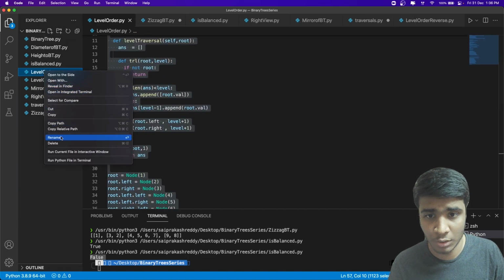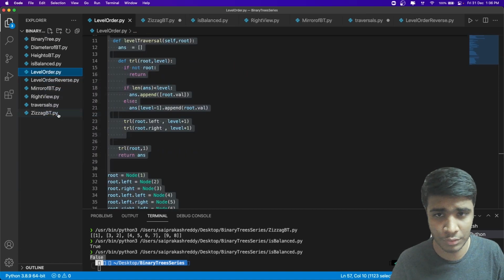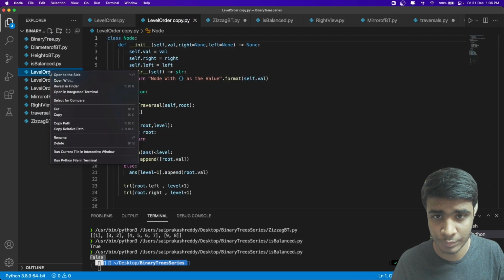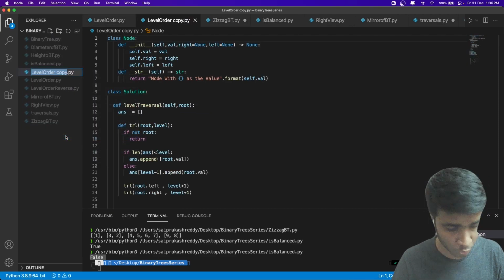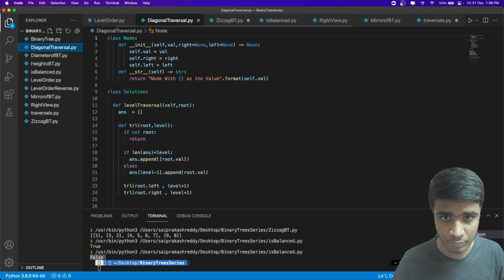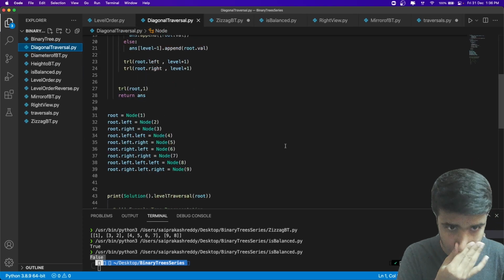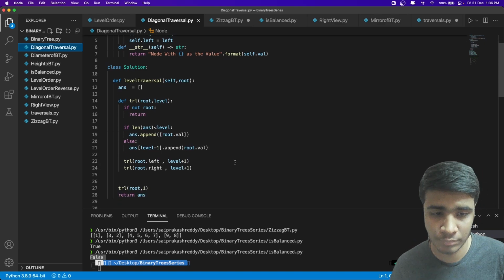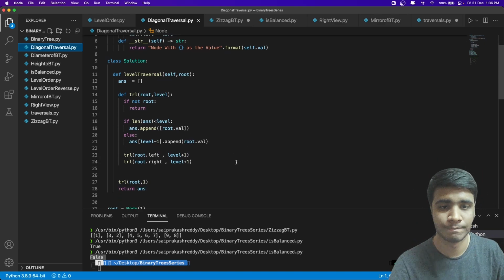I'm going to make a copy of this because it's a similar kind of solution. Paste it here. Rename it to diagonal traversal. Okay.